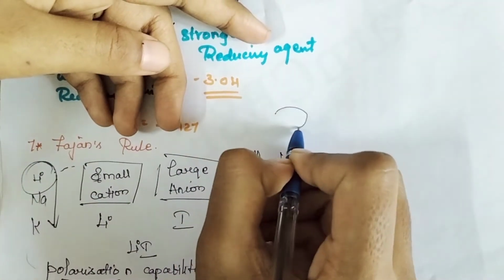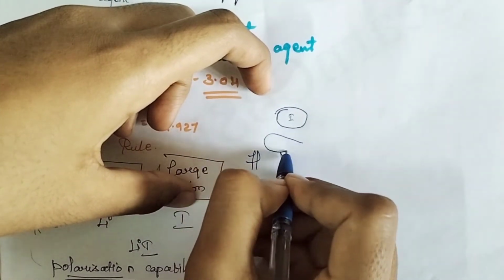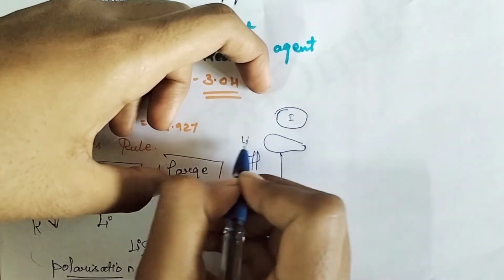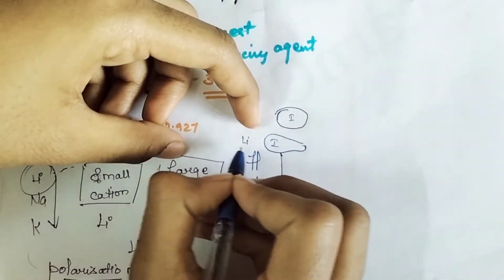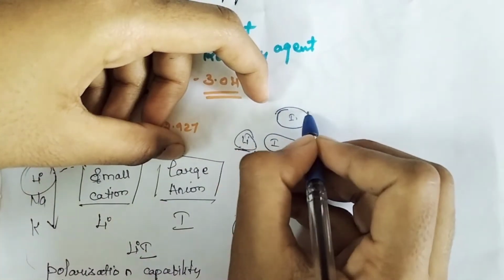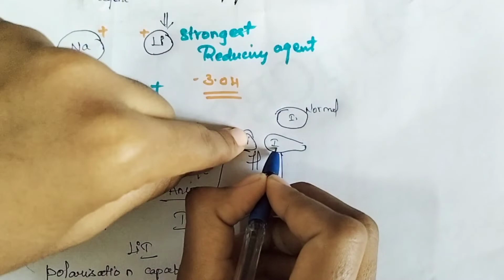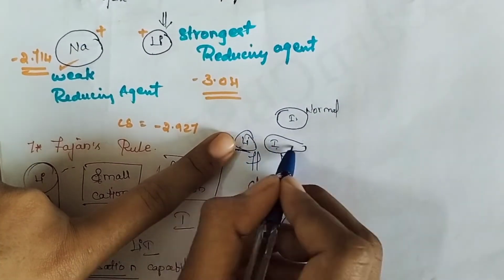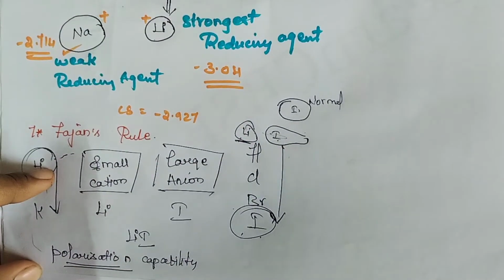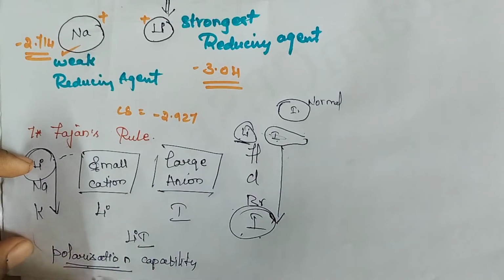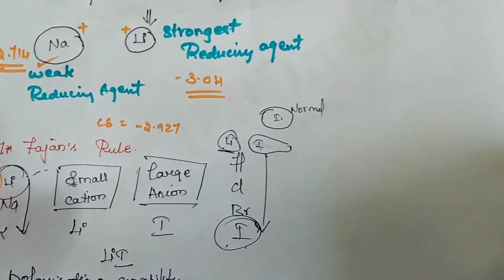The electron cloud is like this in iodine. If it is distorted like this towards this lithium, okay, this electron cloud is more towards this lithium, it is the distortion capability. This is the normal one. This is the iodine which reacts with lithium, so the electron cloud is distorted. This is how polarization capability works. So lithium has more polarization capability. So that's what Fajan's rule, the 7th point, which we have seen.